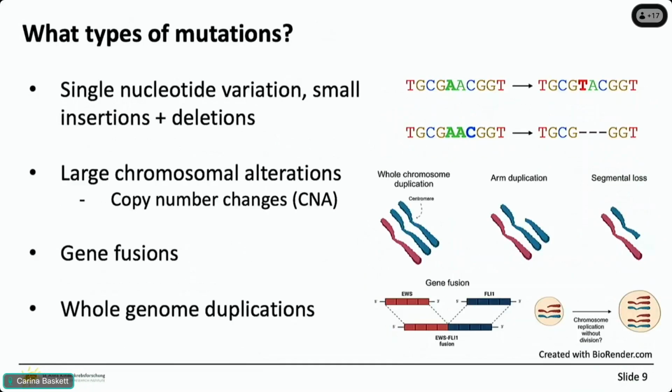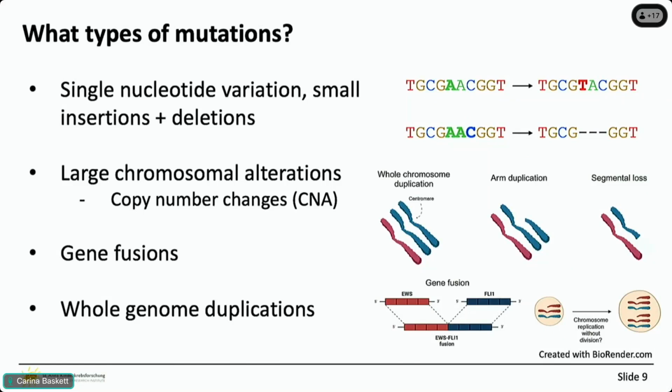Just a brief, I know this is all relatively simple, and also from talking to you guys, I already appreciate the background a little bit more now, but I thought I would also touch on the typical types of mutations that we have in cancer. So of course, we have single nucleotide variants and small insertions and deletions. These are very well studied and focused on from whole genome sequencing studies.